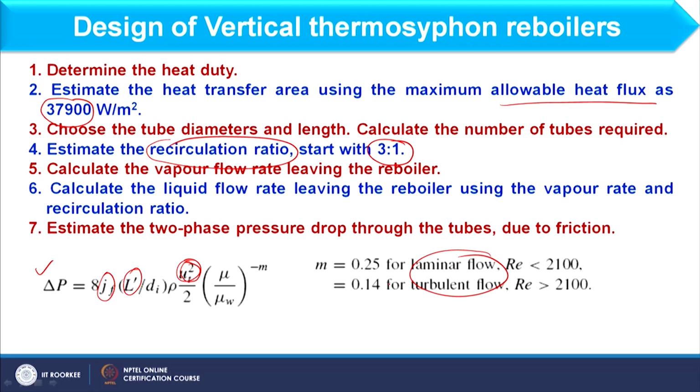Now, the point is how you should consider this. We can consider this at two different points, at the entry point and at the exit point. Why? Because when the fluid is entering the reboiler, it is pure liquid, right, and when it is exiting the reboiler, it is a mixture of vapor and liquid. So, when I am computing the pressure drop,